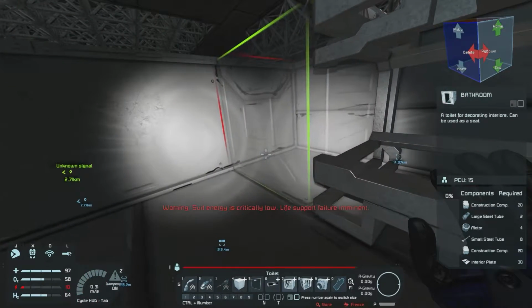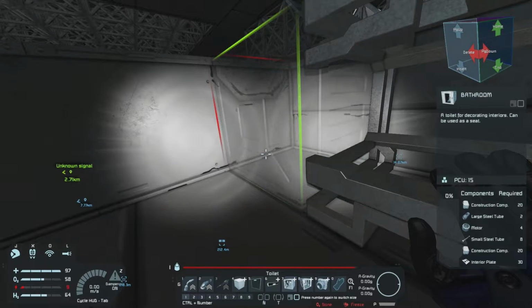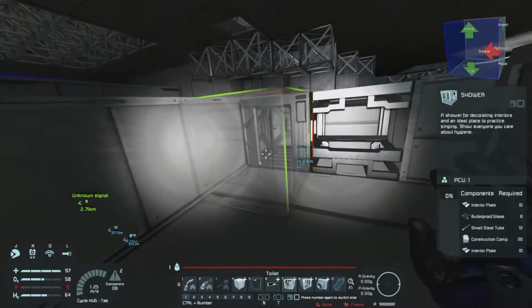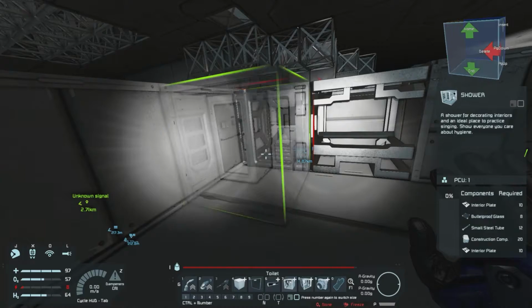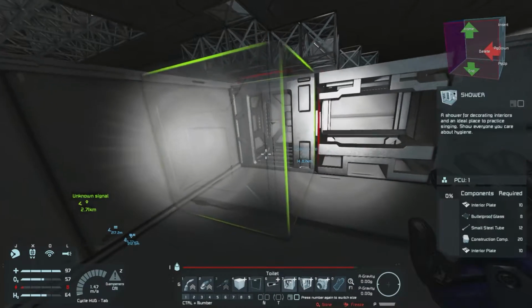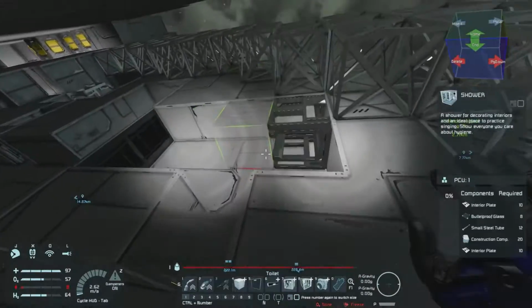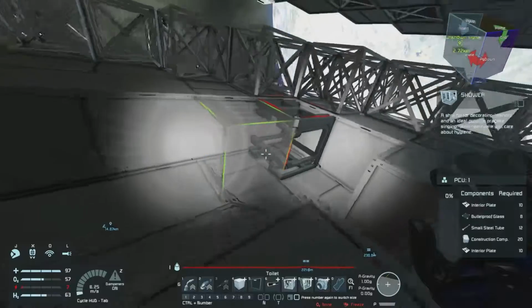Let's see. I'm gonna use this style of toilet. Right way around would be fantastic. There we go. Yeah, you know what? We're gonna splurge on a shower. There we go. This way around. And then kind of the same story over here. Well, not 100% the same, because actually,